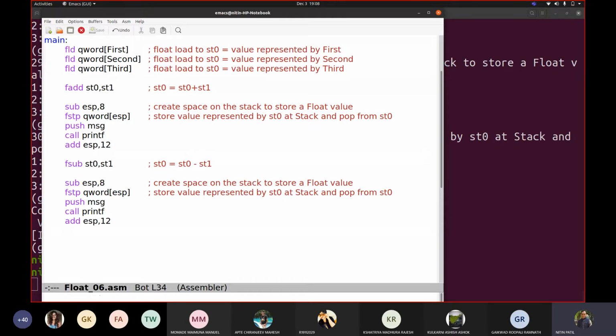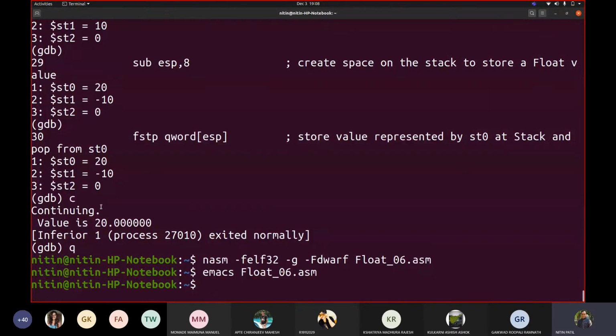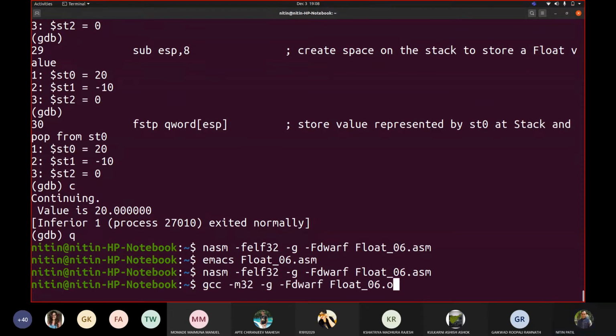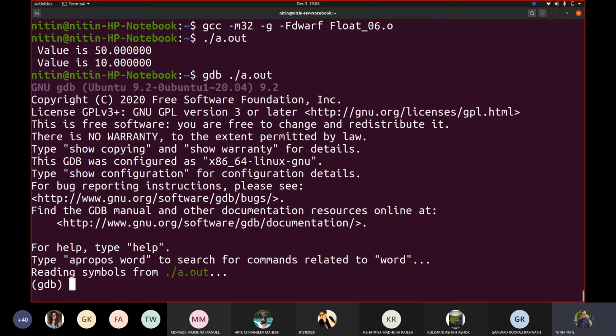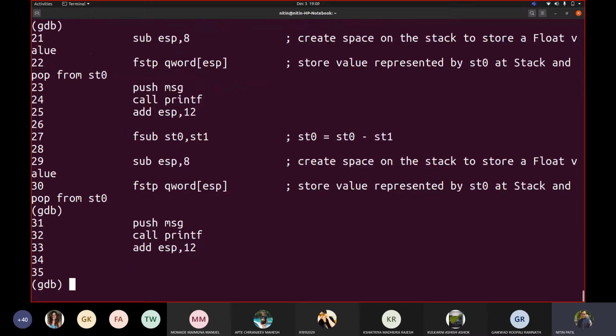Okay, let me save this code. Let me go back and write again: nasm float6, gcc float6, gdb ./a.out. We'll write the breakpoint directly here.